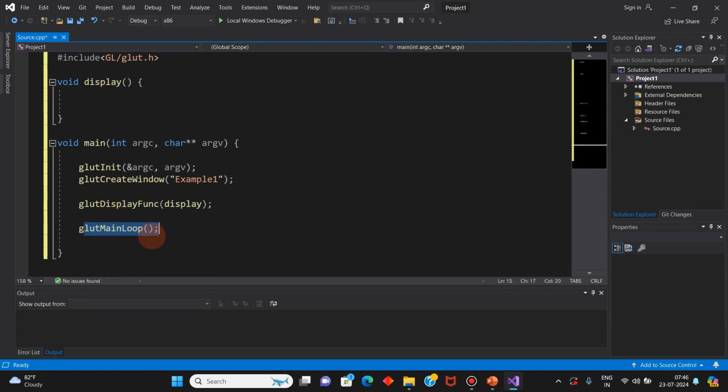When the code reaches glutMainLoop, it starts listening to events, waiting for you to do something or something to happen. Whenever you initialize, minimize, reopen or resize your window, this display function will be executed by OpenGL. So let's write the logic in the display callback function.